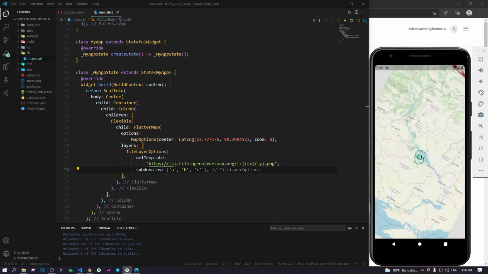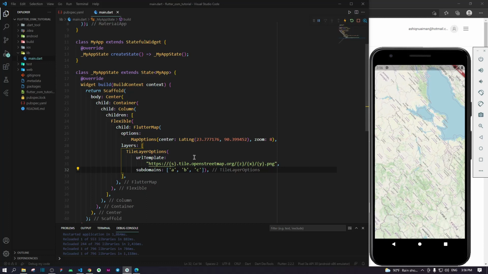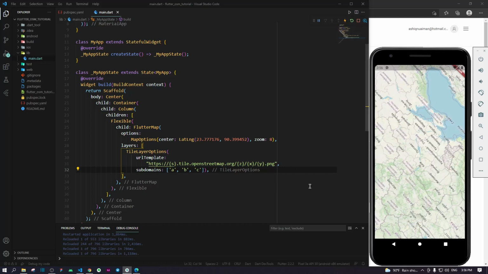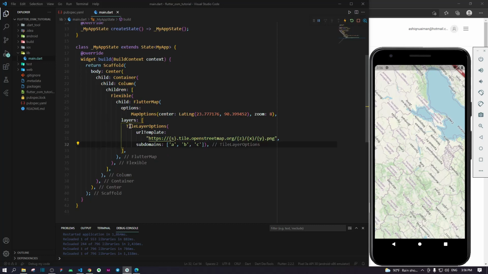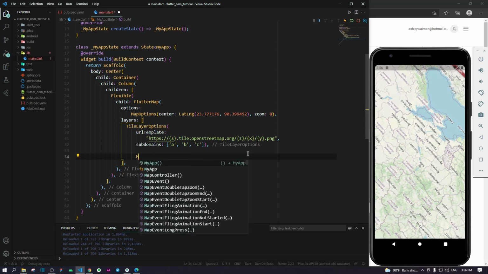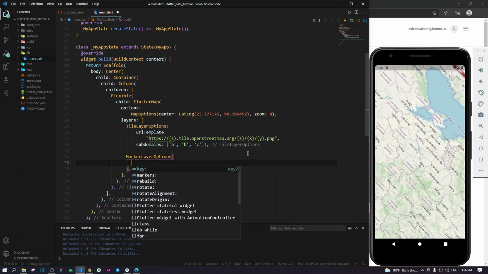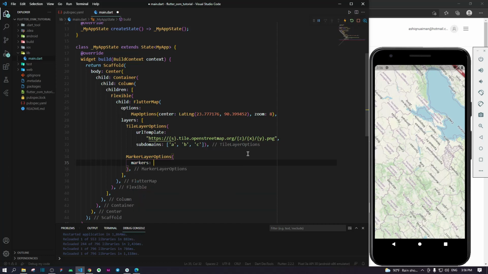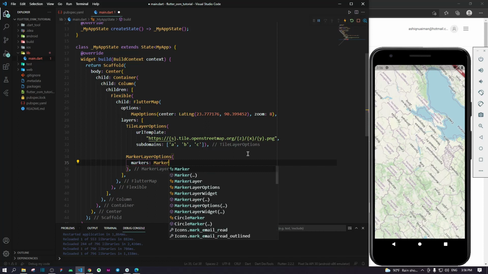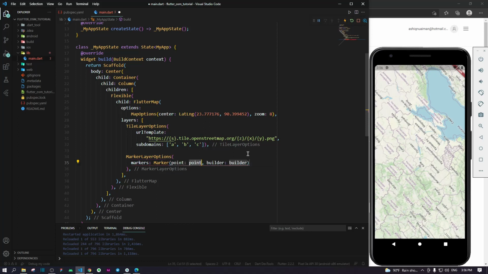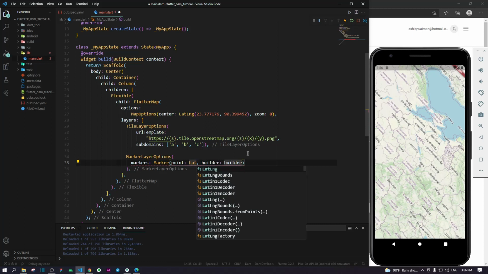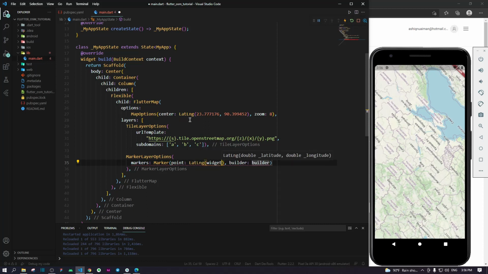Now what I want to do, just after implementing this basic map, is add a marker that will show me where my latitude and longitude center is. So within this layers, after this TileLayerOptions, I'll come to add MarkerLayerOptions, and here we need to add firstly the markers, and the marker will be a Marker widget, and the point will be our LatLng. So LatLng, and I'll add this LatLng here. So I'll just copy this, Ctrl+C,